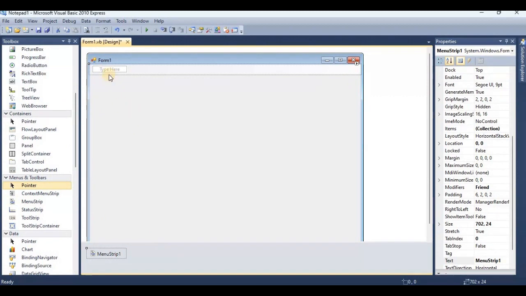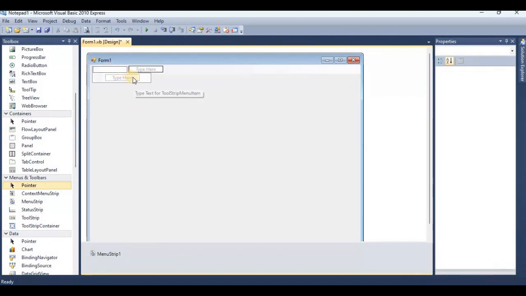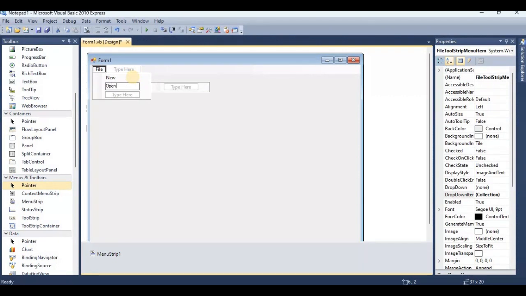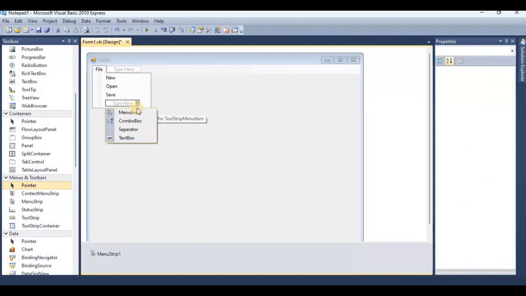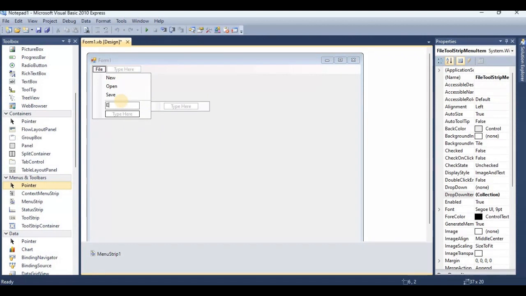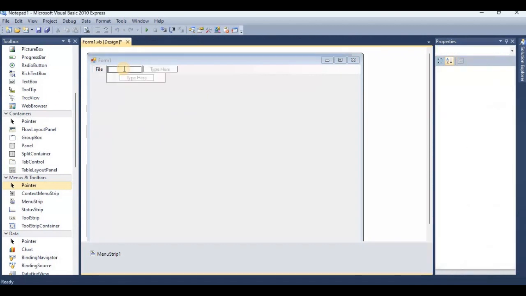I double click on it. You can see it automatically appears on the top of the form. I want File, and in File I want New, Open, Save, and for Exit I want a separator. I am clicking on separator, and after it I am typing Exit, and now I am typing Edit, and in Edit I want Cut, Copy,